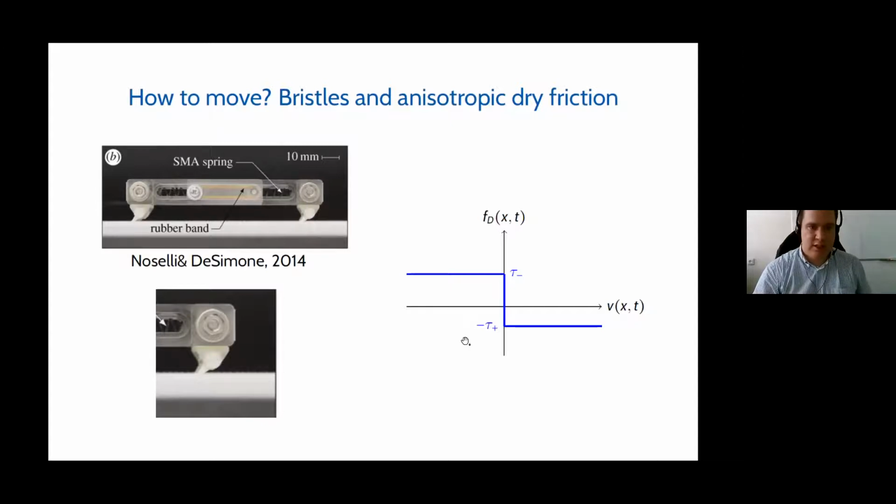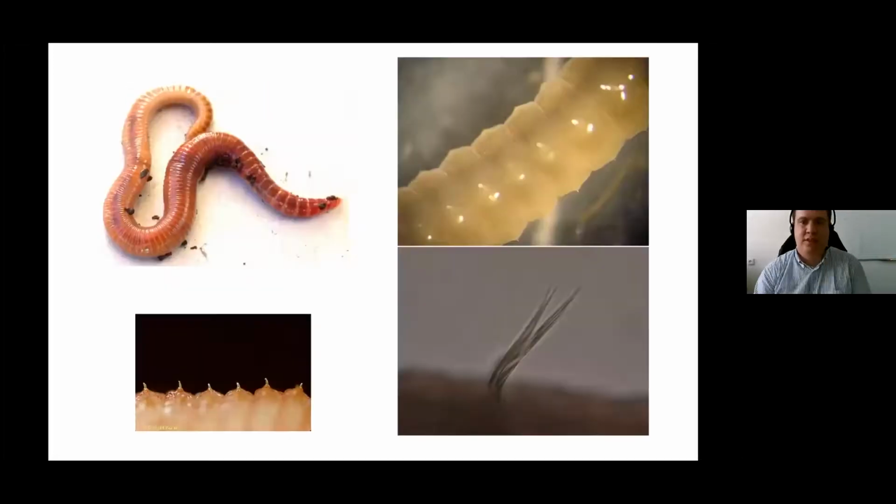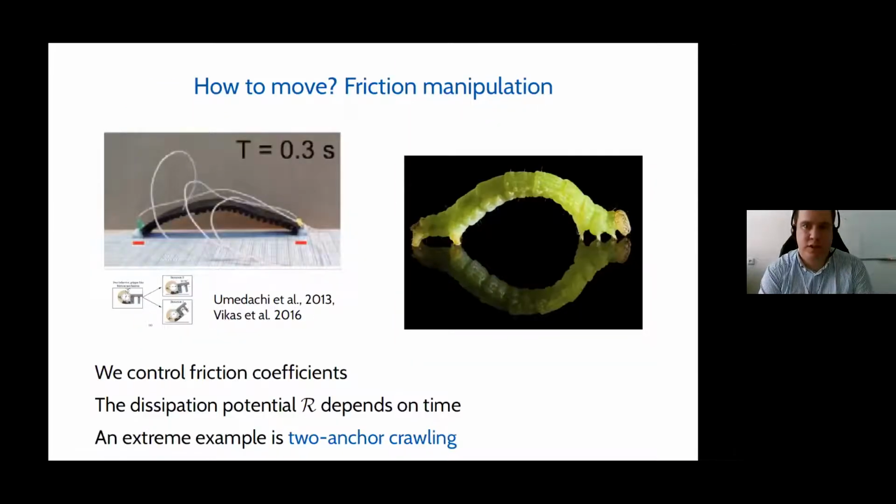Here you see a very simple example, but this is something that actually happens in nature. The earthworm has also these very small hairs here that are called setae, and they produce also this kind of gripping, so anisotropic friction. And the earthworm does also another thing, but we will show it first with the inchworm.